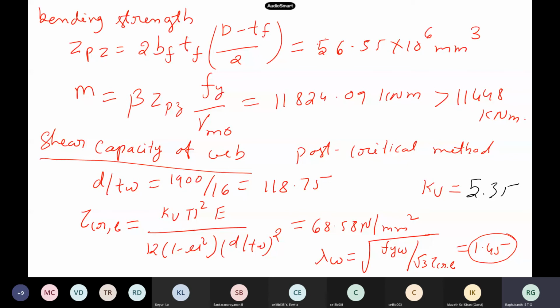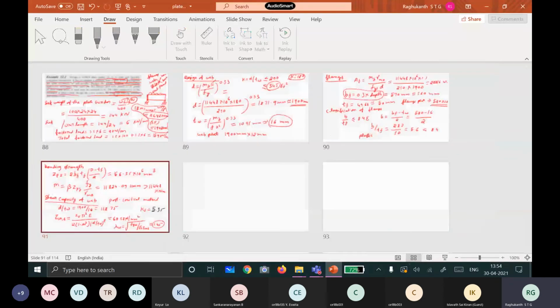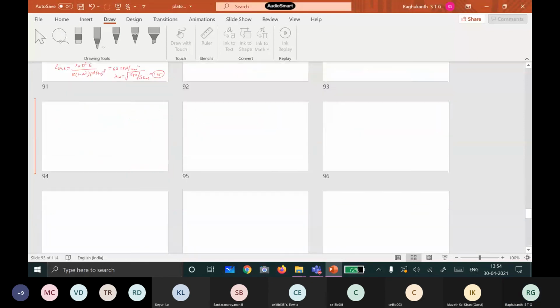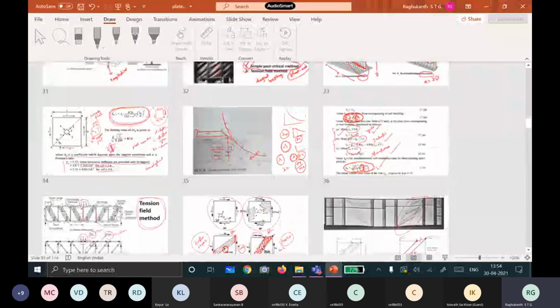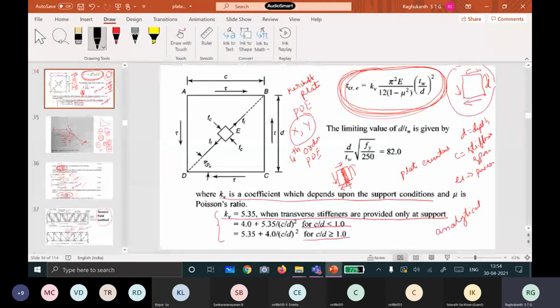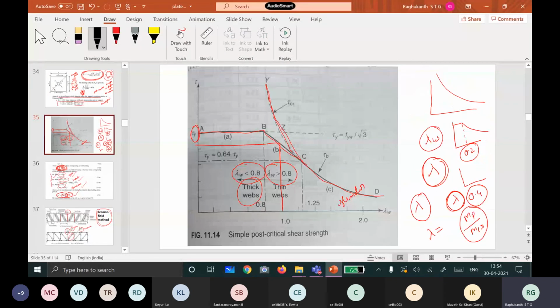Previously we have seen buckling. In the post-critical method, we have three curves. You can see here what type of web it is.